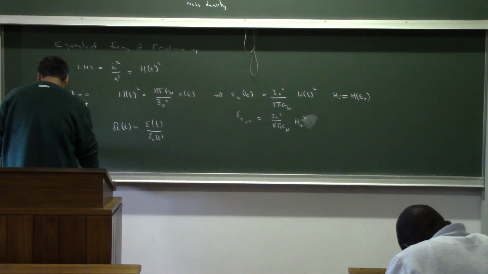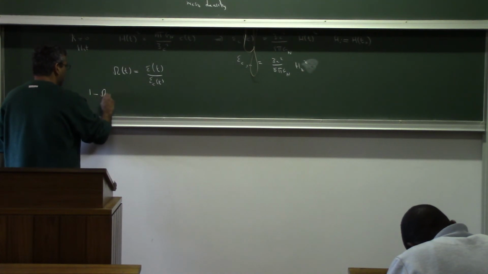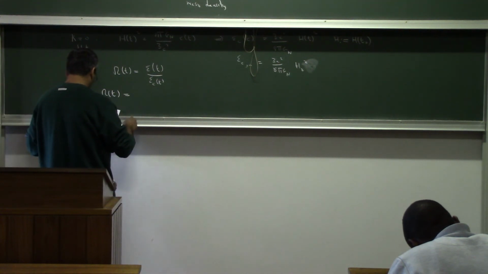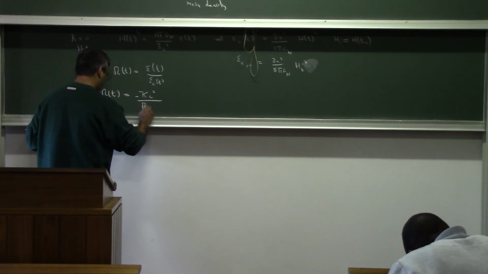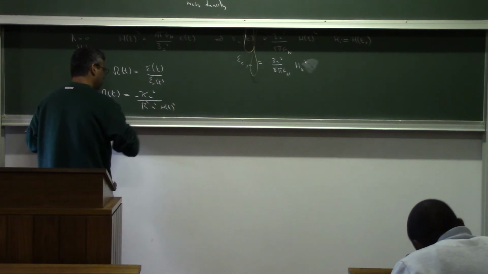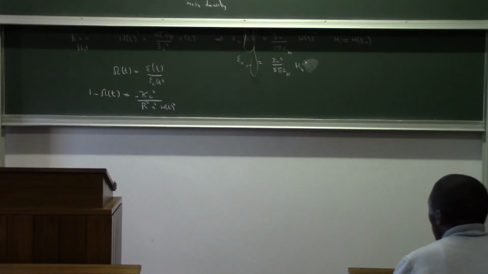And the Friedmann equation can then be written as 1 minus omega of t is kappa c squared over R squared a squared H of t squared. So you'll often find these different forms of the Friedmann equation in